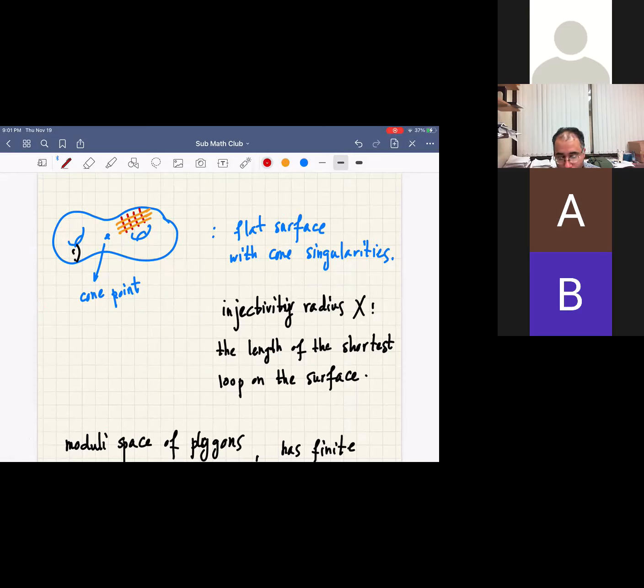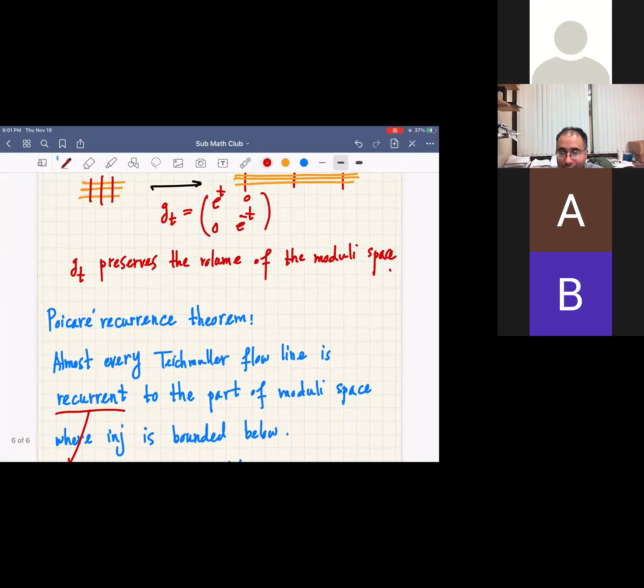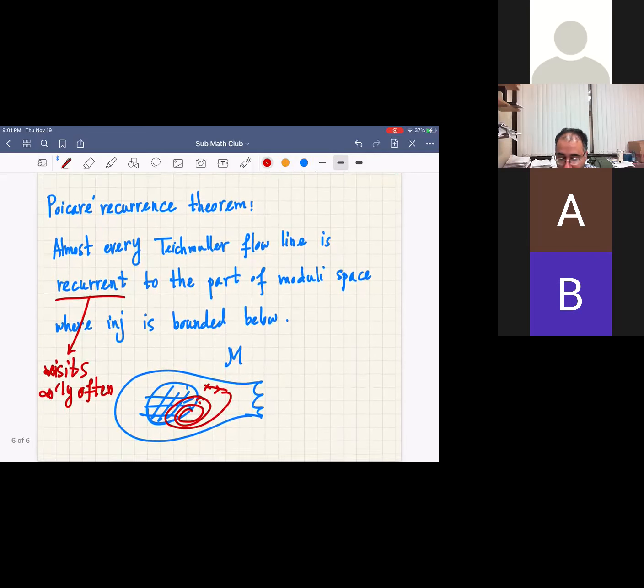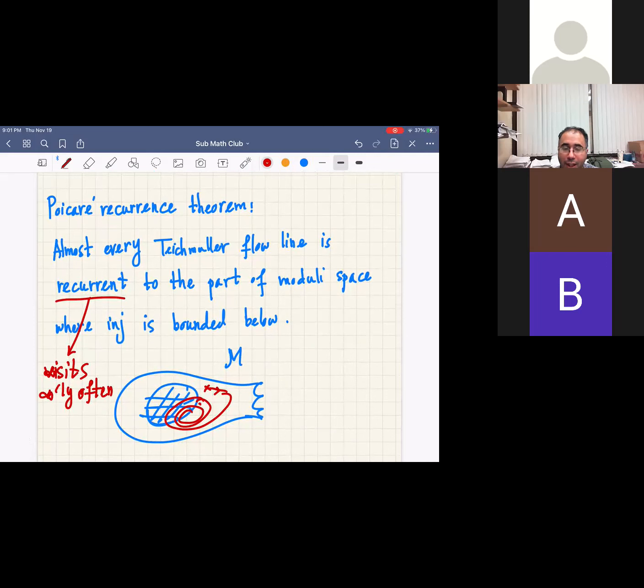But later I switched and we did quite a bit of geometry. We got these polygons, surfaces, and I told you to take this flow on this space of surfaces or polygons and look at the part where these surfaces are somehow thick, where their injectivity radius is bounded below. And I stated this thing, and this last part was quite a bit of geometry. So we developed more and more structures, and the hope was to apply all of these things to address